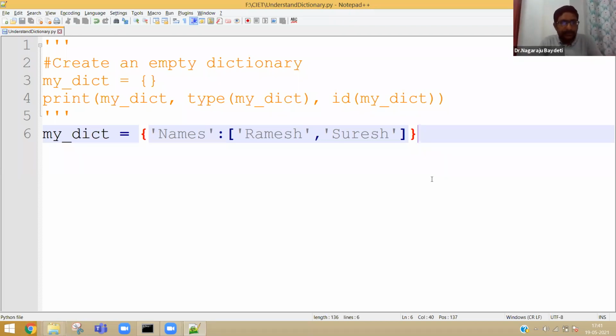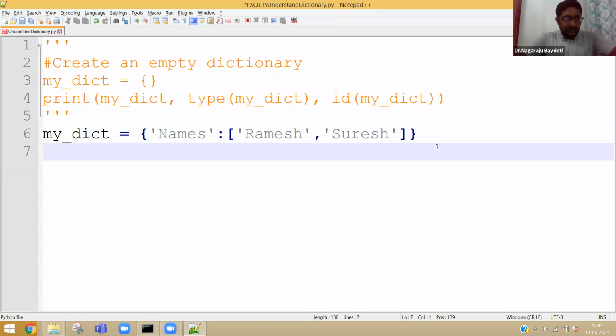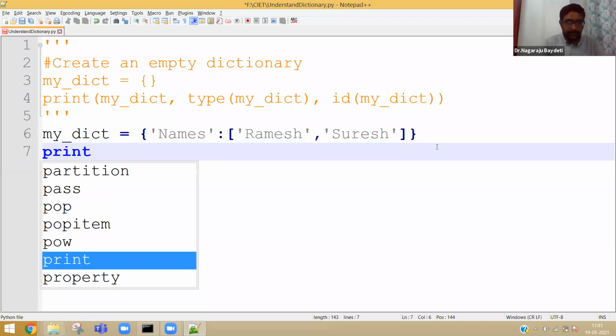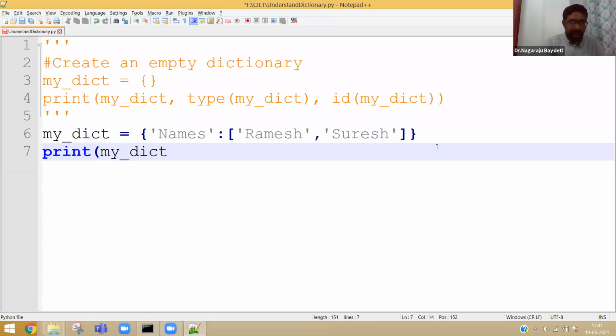Let us continue. So I think the names Ramesh and Suresh are very famous, and I think they were in an advertisement of 5-star chocolate, right? So I have used it. Here, names is the key, and Ramesh and Suresh are the values of the key names. So you can simply print my dictionary.